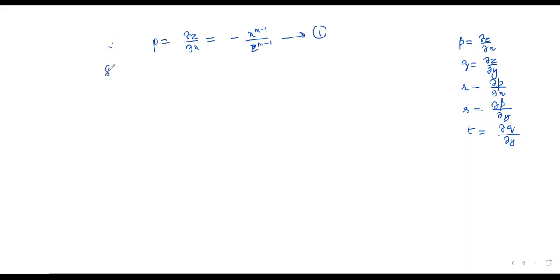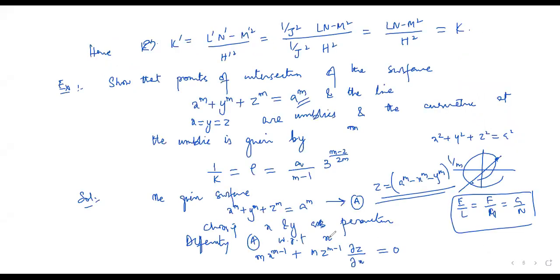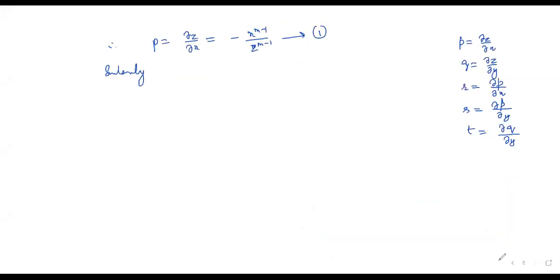And similarly, if I differentiate this partially with respect to y, we know that z is a function of two variables, so the differentiation will be partial. So q we get in the same way as minus y raised to power m minus 1 divided by z raised to power m minus 1. Again, if I apply log on this, so log of p,